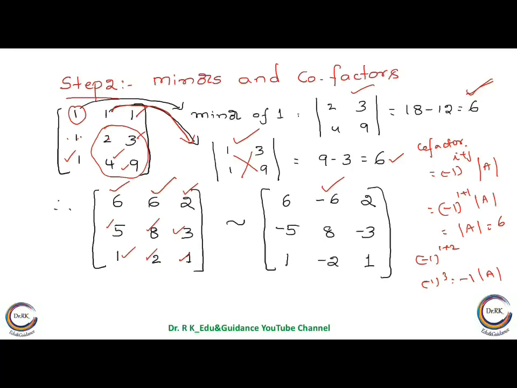So we have to take its positions, right? Here, first row, first column, therefore it is positive: 1 plus 1, 1 plus 2, minus, negative. So whatever is there, we get the negative of that. This is 1 and 3, that is positive, 1 plus 3 is 4, that is positive.